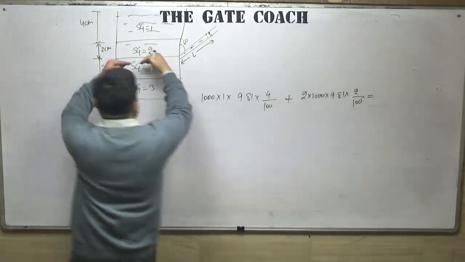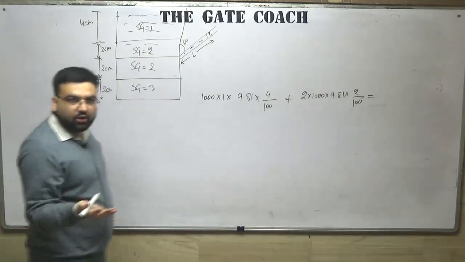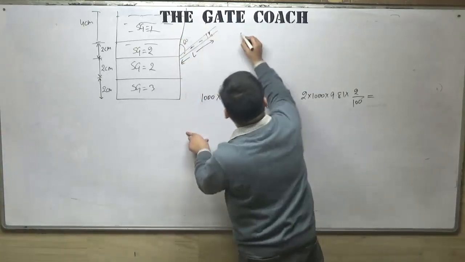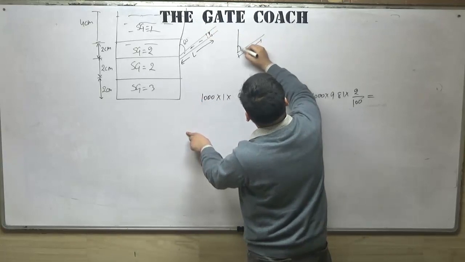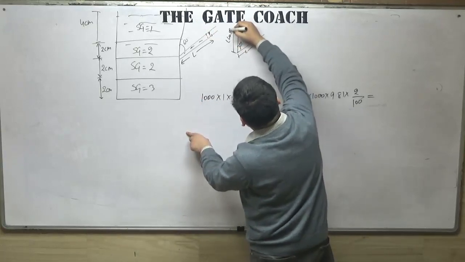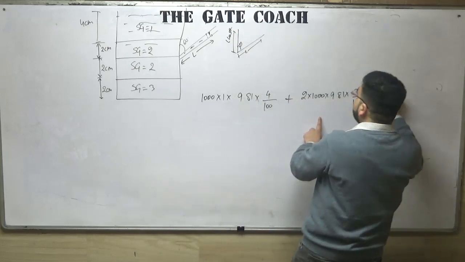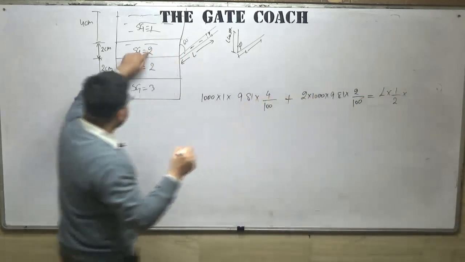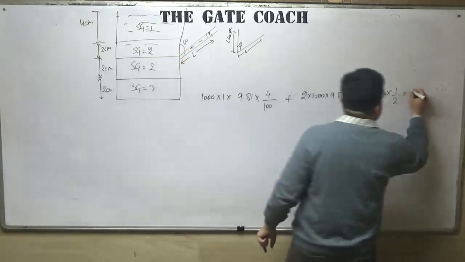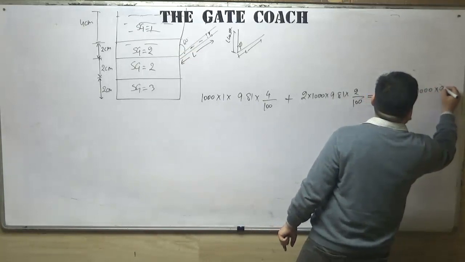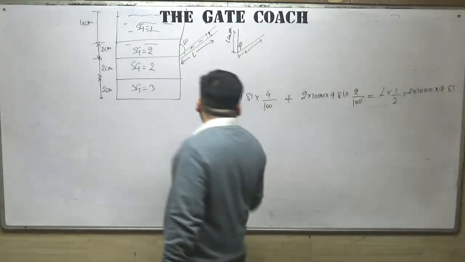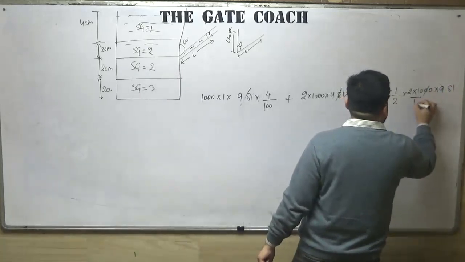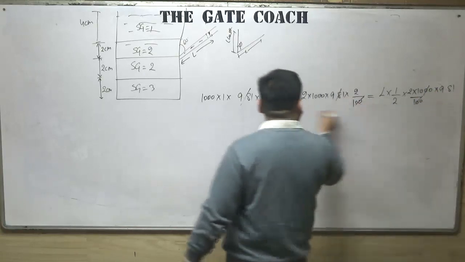It should be equal to, we will not be taking into consideration the lower one, that is common sense. It will be equal to L cos theta. If this is a triangle, this is my L, this is my theta, the vertical will be equal to L cos theta. L cos 60 is L by 2, into rho. Now which fluid is this? This fluid will go, so it is 2 into 1000 into 9.81, and divided by 100 also because it is in meters.